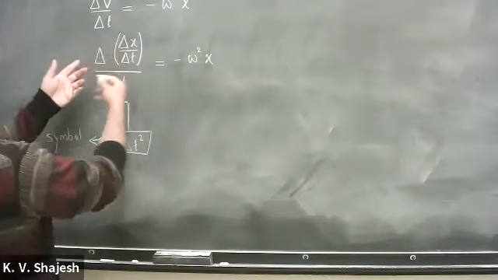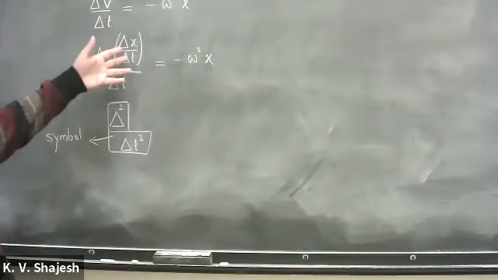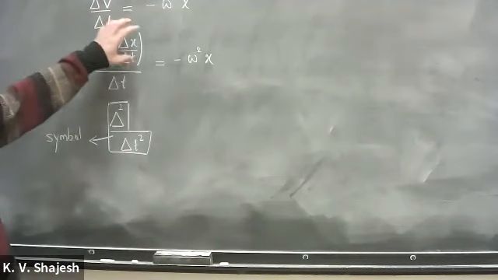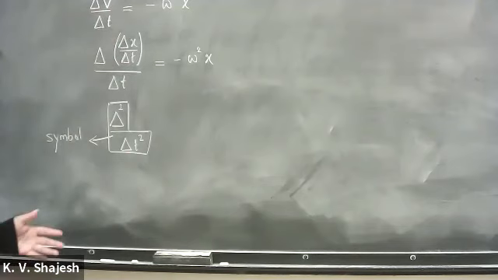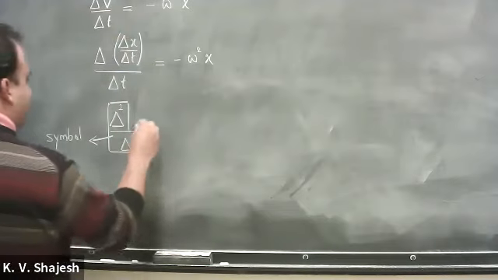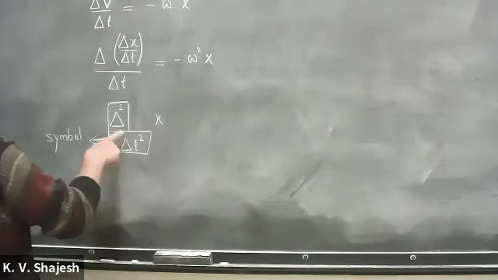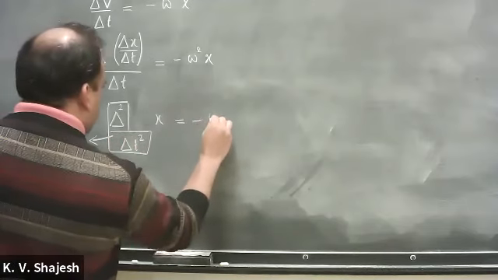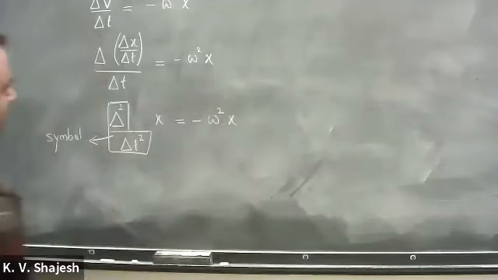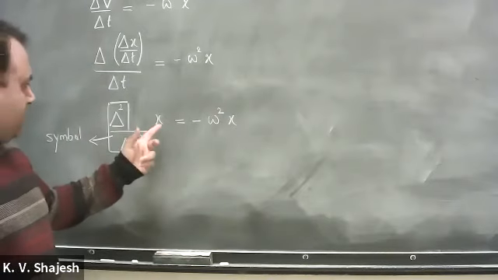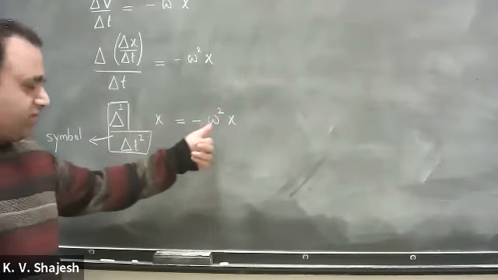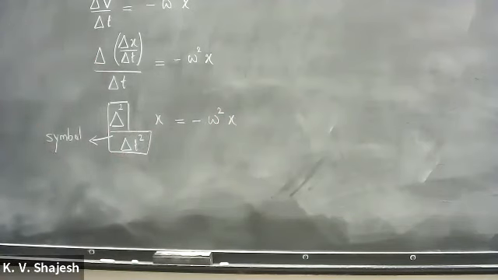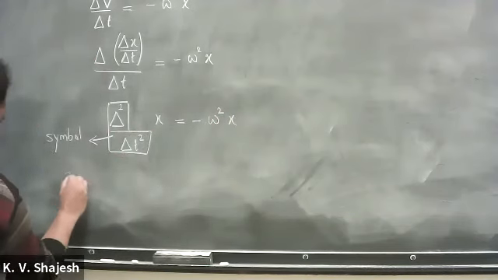This is change. So this whole big understanding, like change in something divided by change, which in itself is a change, will be denoted by this. So second order change in position is equal to the position itself. Right? That's our defining quantity. The second order change in x is related to x itself. So let me write that down.